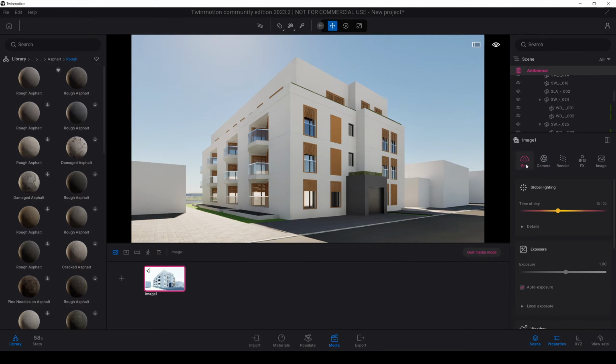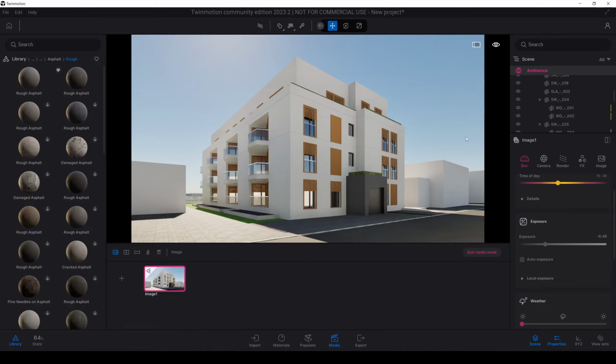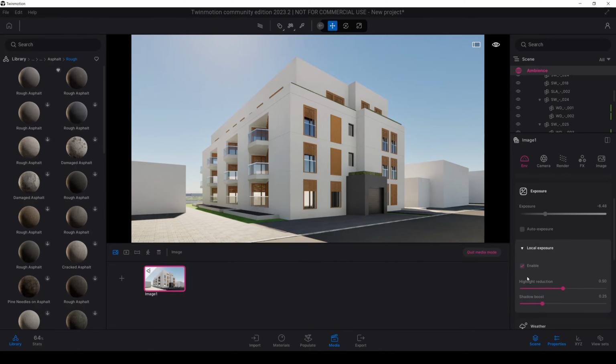At the very first, for the environment, I'm going to uncheck this auto exposure. The exposure value is not important for now because we are going to change the background and we will need to change this exposure once more. But also for the first, it will automatically be checked on. It's okay, it's very useful. We are going to use it.